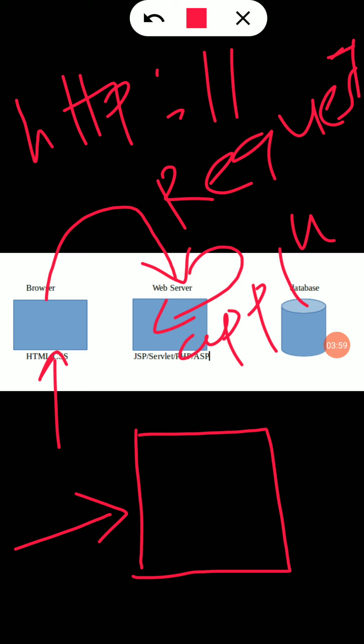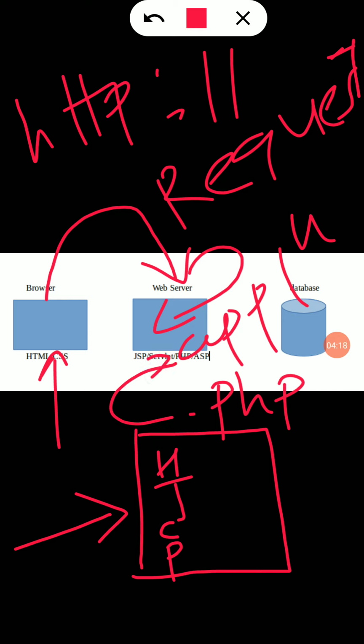The application server finds the home.php page, and that page is a combination of HTML, JavaScript, CSS, and PHP. The PHP file, with the .php extension, is stored on your application server.